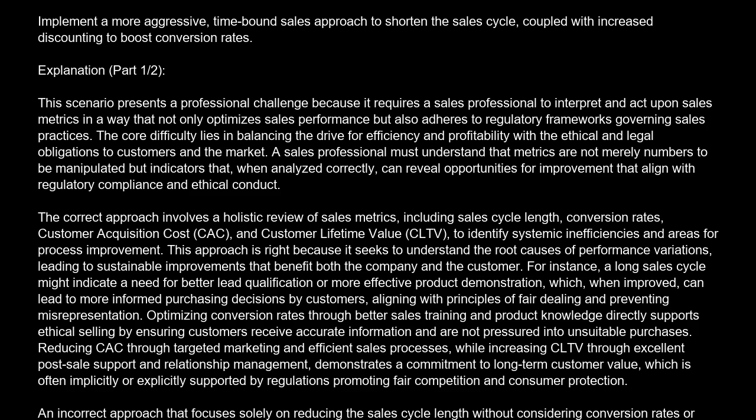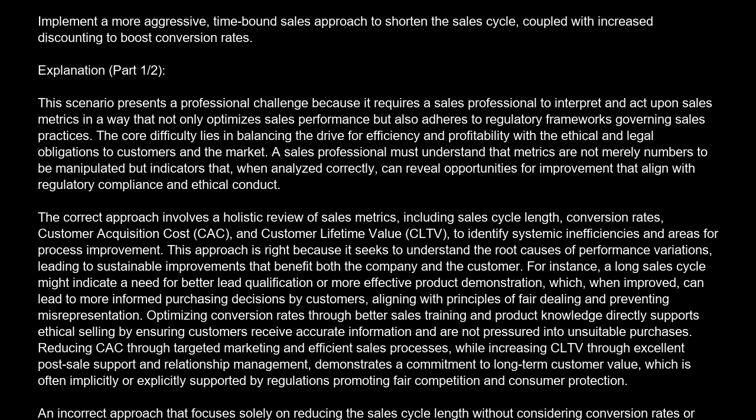The correct answer is C. Implement a more aggressive, time-bound sales approach to shorten the sales cycle, coupled with increased discounting to boost conversion rates. Explanation. This scenario presents a professional challenge because it requires a sales professional to